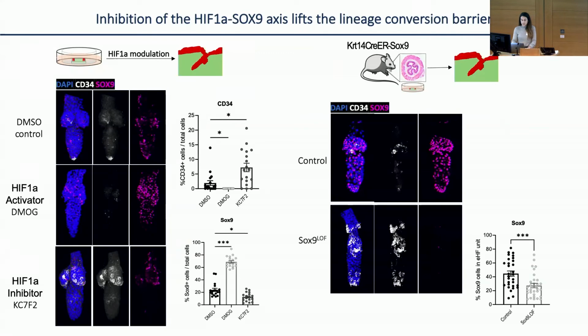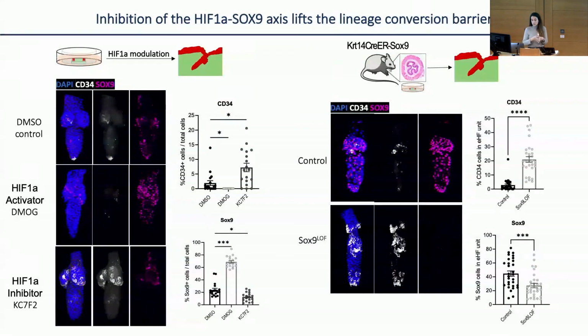But more interestingly, we found that the SOX9 loss of function by itself was enough to enhance lineage conversion, as you can see by the upregulation of CD34. So altogether, this data suggests that HIF1 alpha and SOX9 may be acting together to prevent